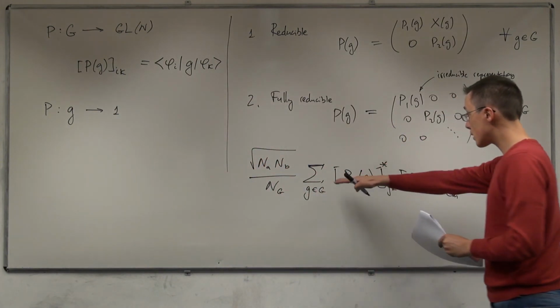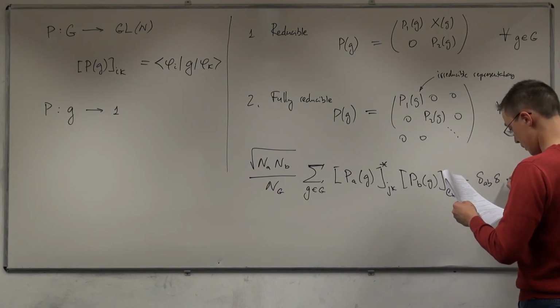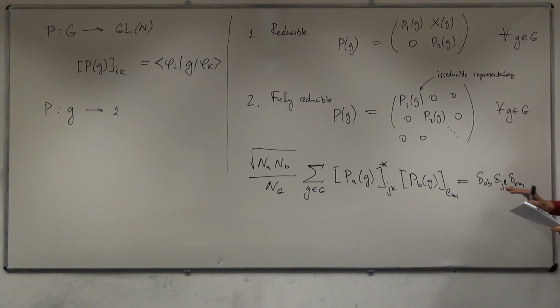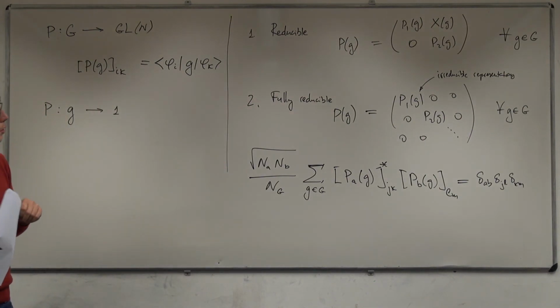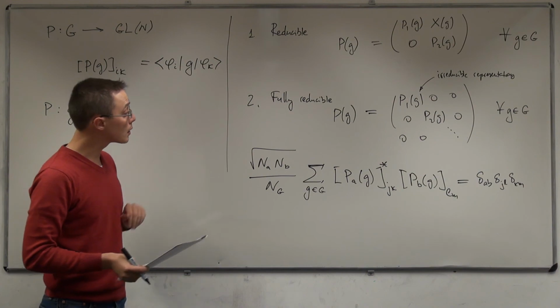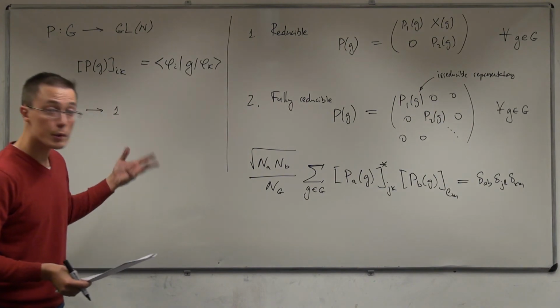And once you've taken the sum over all the group elements, what you get is delta AB, delta JL, delta KM. So three sets of orthogonality conditions on those irreducible representations. The equation as it stands might appear quite arcane, and its usefulness might not be immediately clear, but we will take advantage of it at least once in this lecture, but it's of very general usefulness in the representation theory